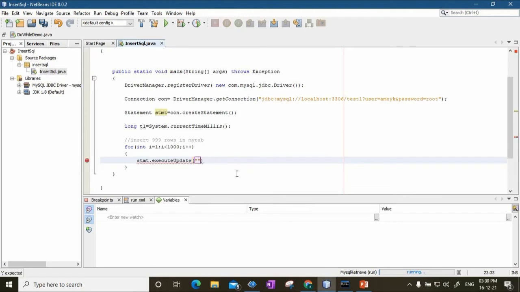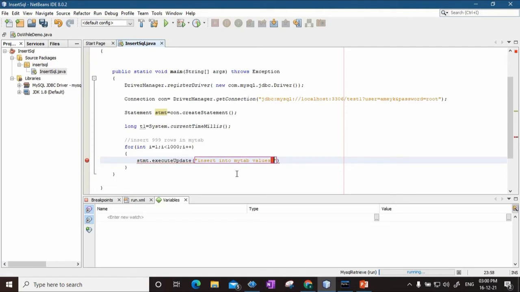So what is the query? I'll say insert into my tab values. Now what are the values that I want to insert? I will just insert the value of a as i and b as i itself.